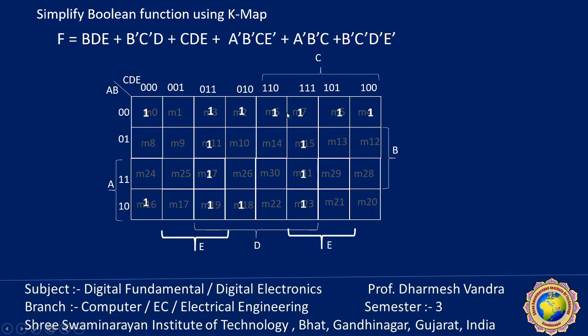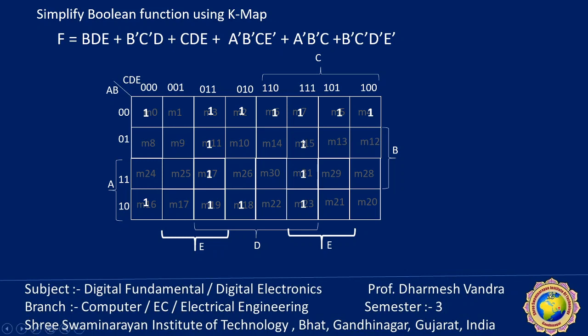So here we got a total of 1, 2, 3, 4, 5, 6, 7, 8, 9, 10, 11, 12, 13, 14, 15 minterms. Now we have to minimize our Boolean function. So first we see, is it possible to make all 16 adjacent cells a combination? No, one is left here, otherwise it might be possible. Also here many are missing. So 16 cells do not make one group.